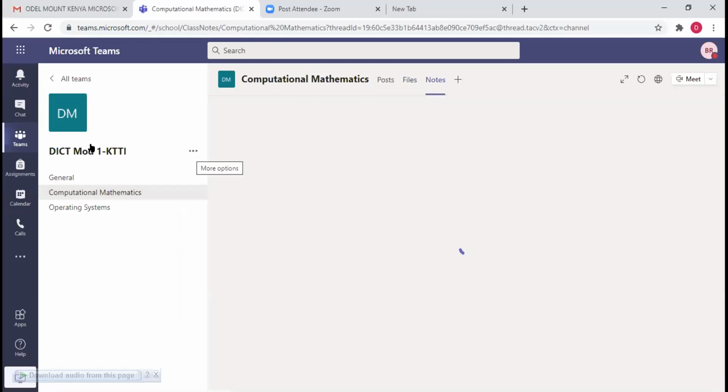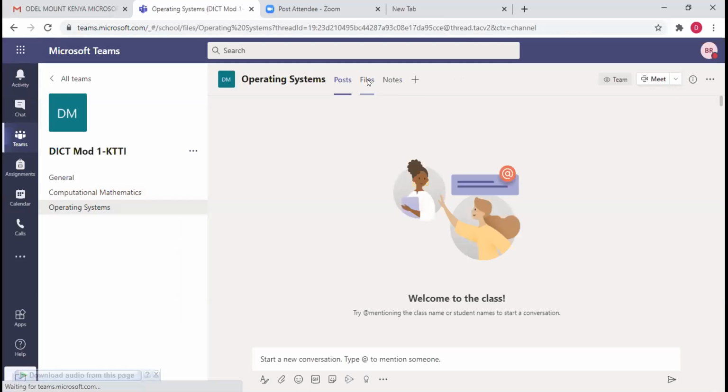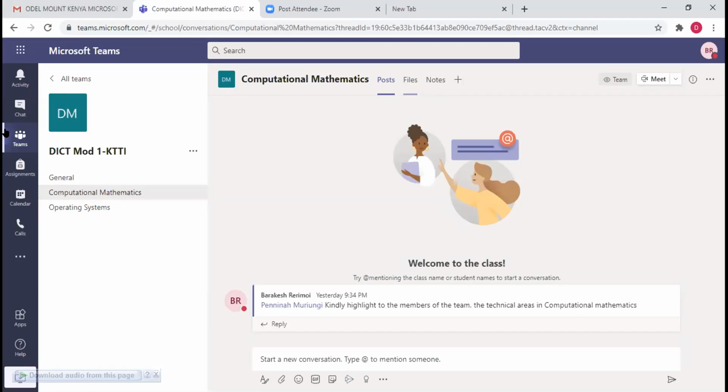Files. Like it did not upload, or it is a different subject, maybe operating systems. No, it is this one. I created a note on this subject, not on operating systems. Or a notebook. I don't know whether it collapsed, but I created one and I was able to view it using OneNote. Back to the team.